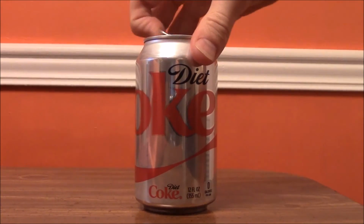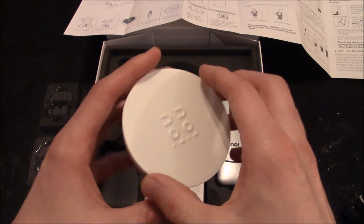3, 2, 1, action! This is the buffer for the